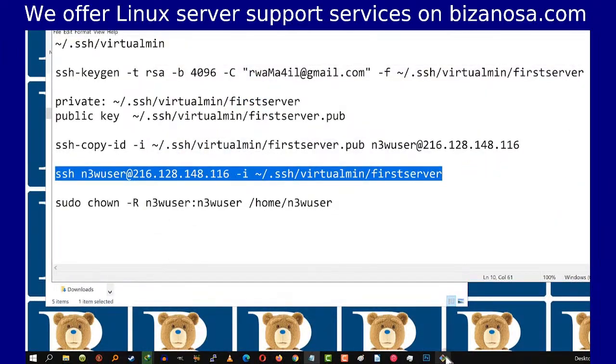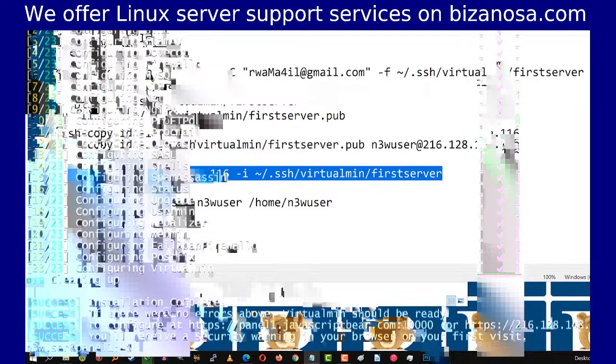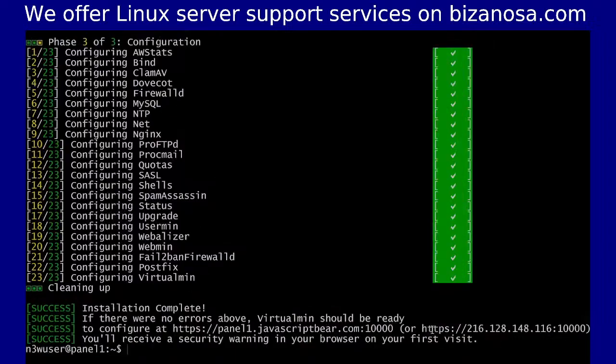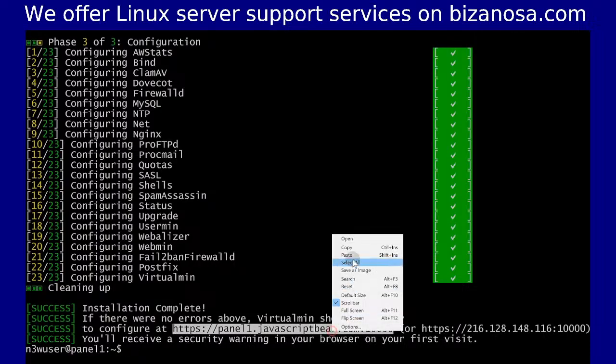So let's come back and just give it time. Okay, so you can see installation is complete. Everything is accessible. Since I've already added the DNS records for this, I can access it using this. However, if you haven't added the DNS records, you can access Virtualmin directly using your IP address. So I can access it using this link because I've added the